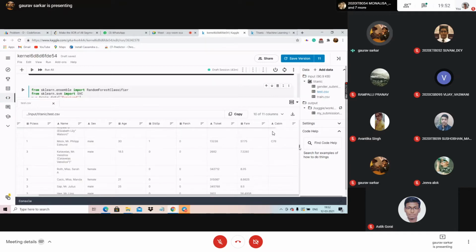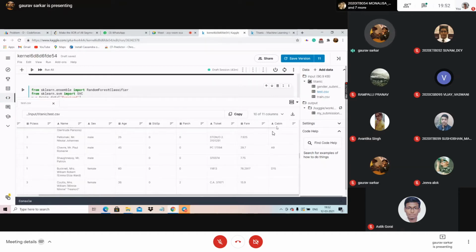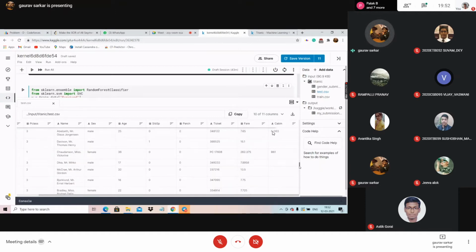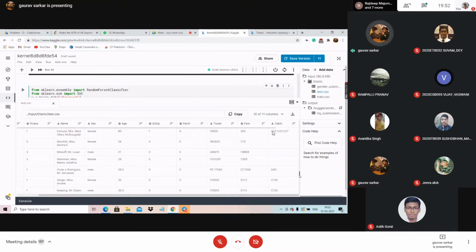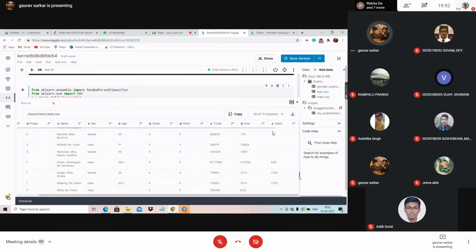We are not including it because a column like this, a data set like this, can cause our machine learning algorithm to work inappropriately. It might say that for cabin A9, people are dying more because the data set is less. If there is a scarcity, for most of the rows it's missing. So we have dropped that column in our data set.